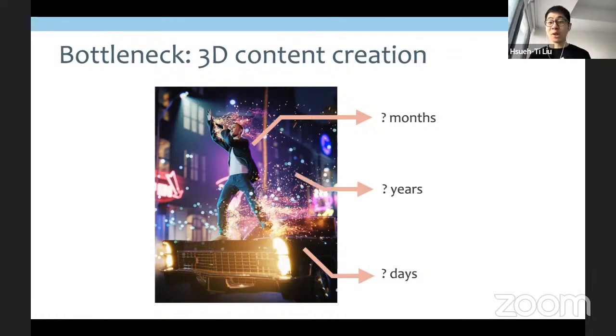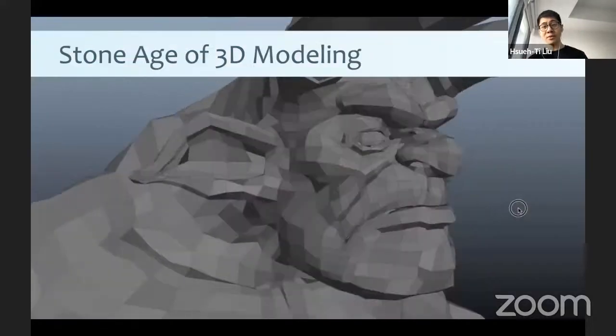And furthermore, if you want to create a 3D world, like a large 3D map for all the participants to walk around the city to feel the vibe, then depending on the size of the city, it may take years of work of a modeler. And the reason why 3D modeling is still so time consuming is because we're still at the stone age of